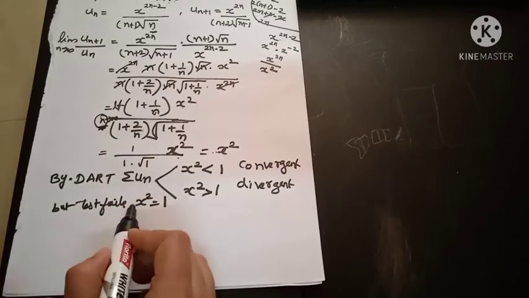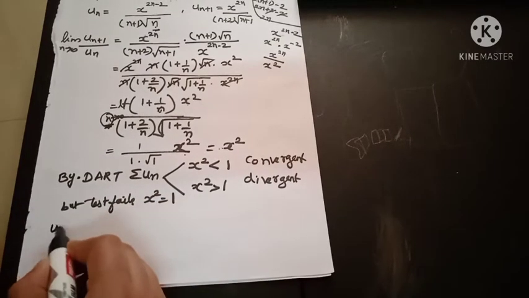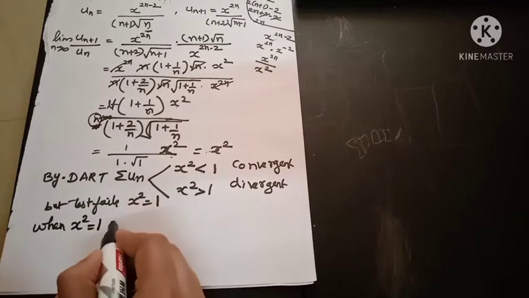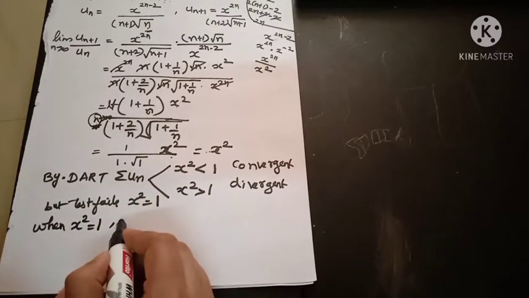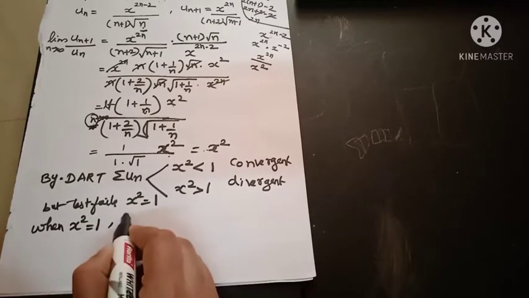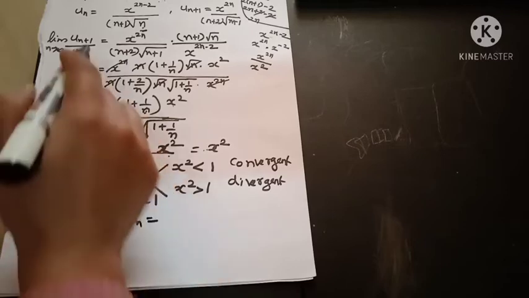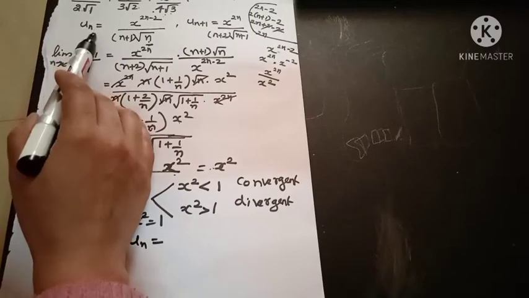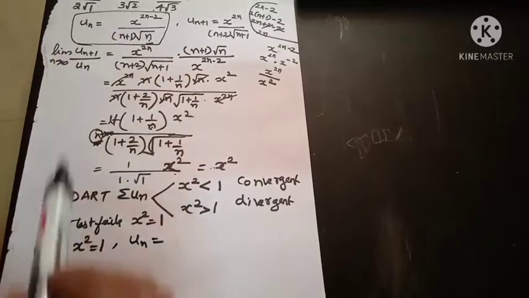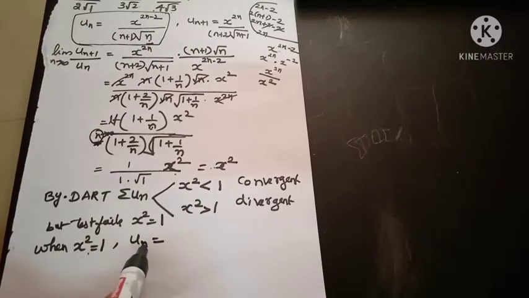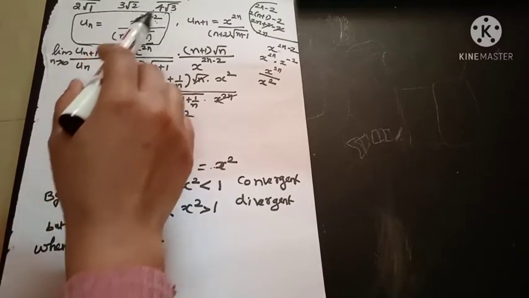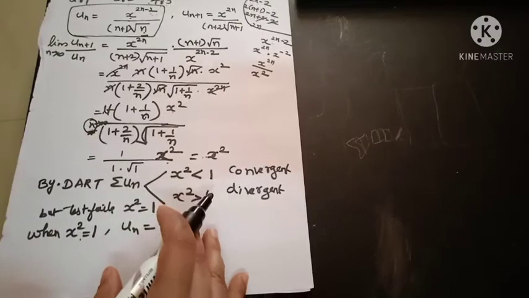So we'll see what happens when x square is equal to 1. What happens to the convergence of the series we'll see by some other test. So when x square is equal to 1, what will be our un? Un is here. So when x square is equal to 1, put x square is equal to 1 here. So we will get un as